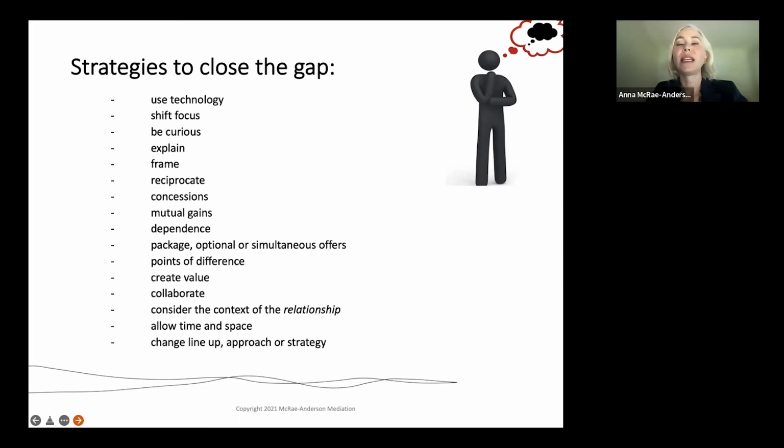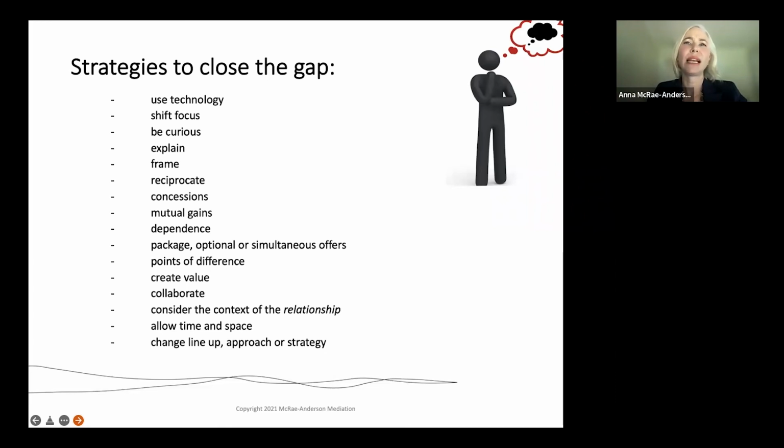Consider negotiating issues simultaneously. Sometimes this is good because you can then see the importance of each issue as it becomes apparent along the way, or where flexibility may lie, but other times it can just simply confuse things. So yeah, be careful using that one. Seeking out differences as well. So, it's important to look for common ground, but also have a look at what differences there are, so that you can perhaps reconcile or overcome the differences by seeking out different ways to create value. So all of these things invite collaborative problem solving and options exploration as well.